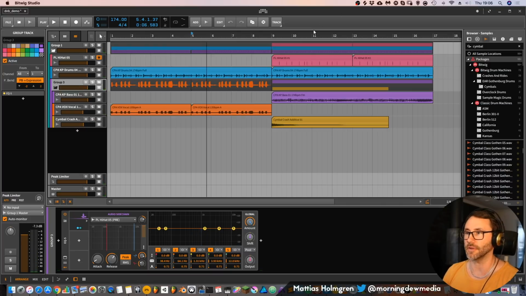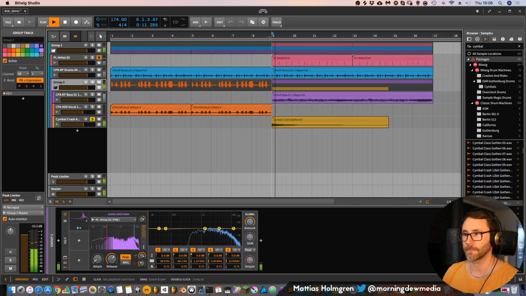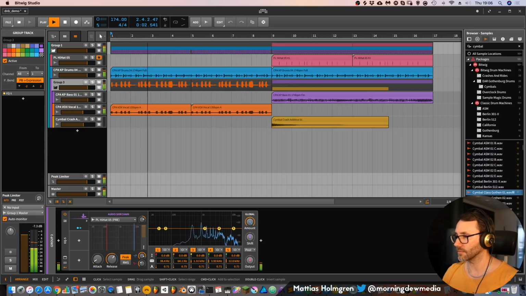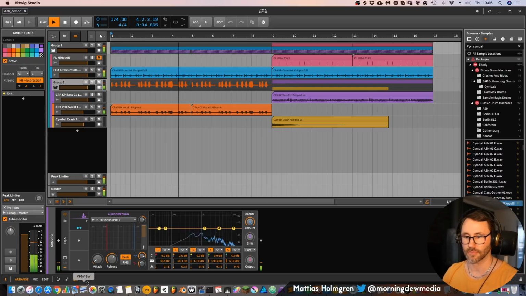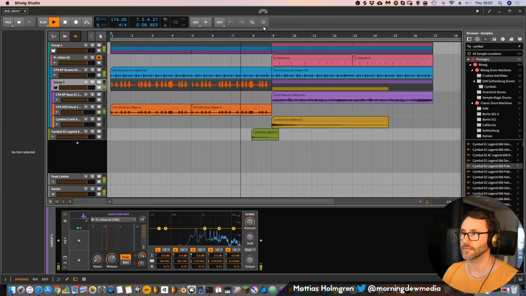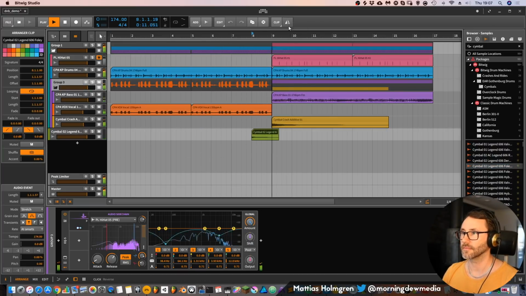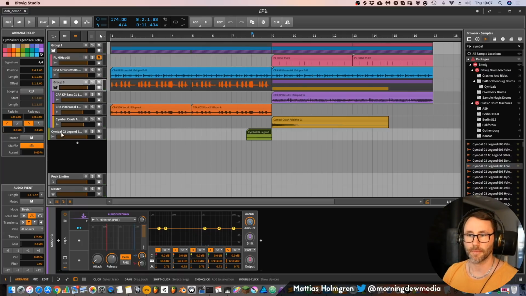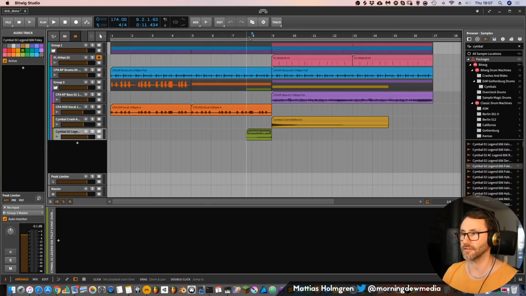So even this cymbal will be affected. Let's make that reversed, so we have a little bit of reversed sample into that hit.